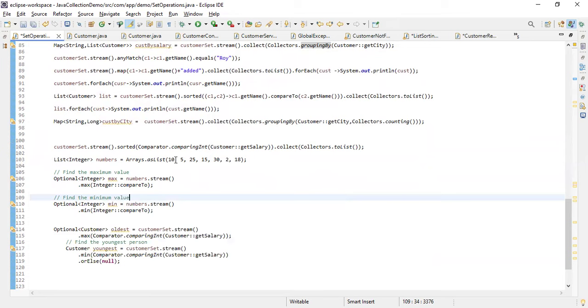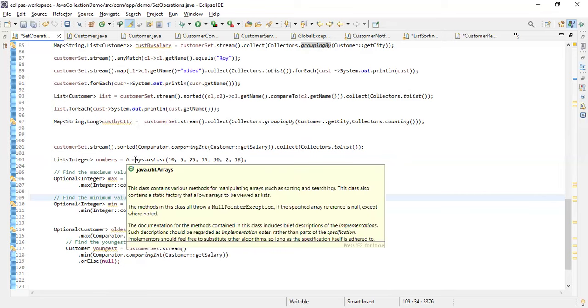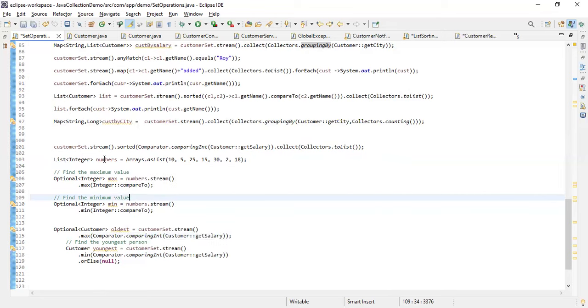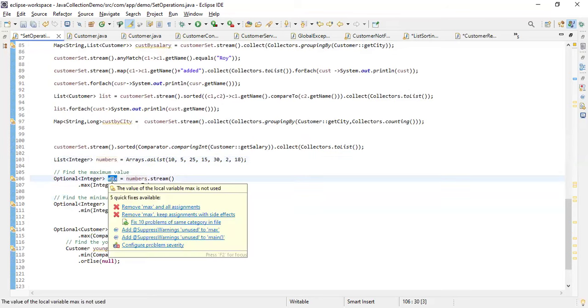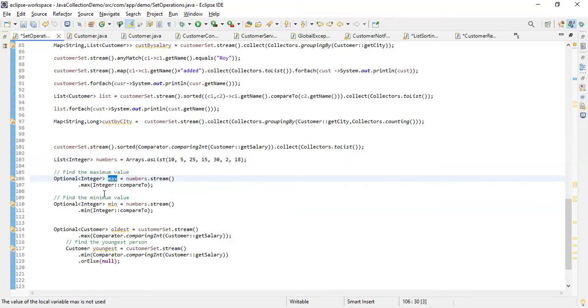As I also told you, you can create a simple stream, an empty stream, or maybe a double stream also you can create. But you can also just use arrays as a list, and from this list you can create a stream, and then you can find out the mean, and you can compare. So like this you will get that maximum number, right? And it is returning an Optional.